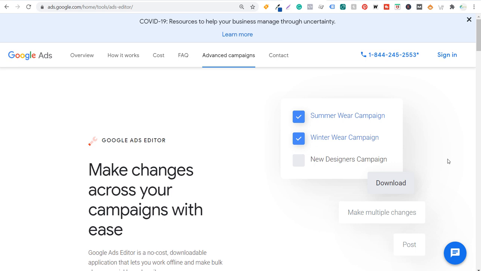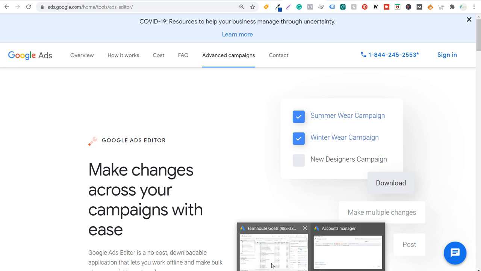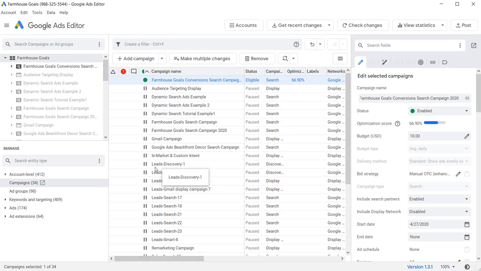Today I'm going to be going over Google Ads Editor. If you're not familiar with Google Ads Editor, it's software that allows you to manage your Google Ads campaigns offline. If you've never used Google Ads Editor, what it looks like is this. I have it open right now for my Farmhouse Goals account. You can see all of the different campaigns I've ever made in Google Ads here, the active campaign I'm currently